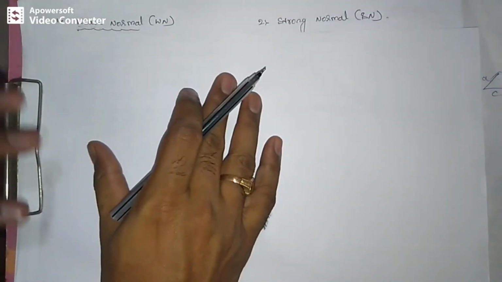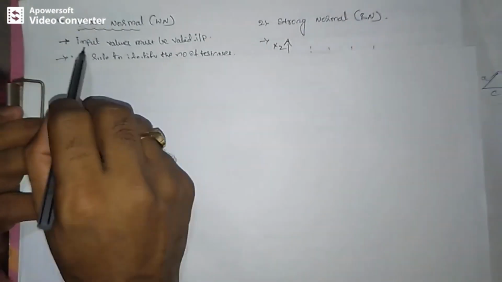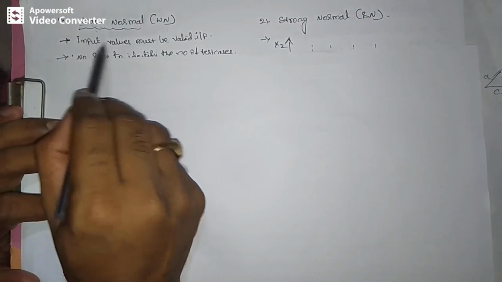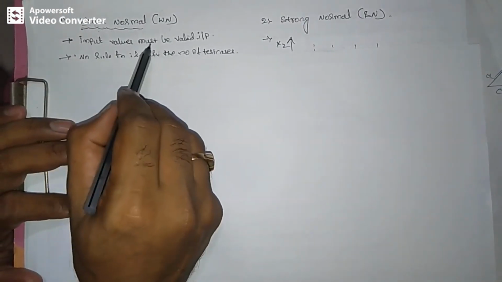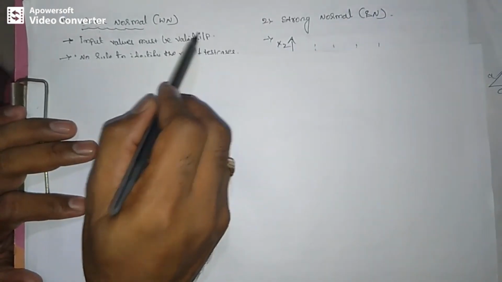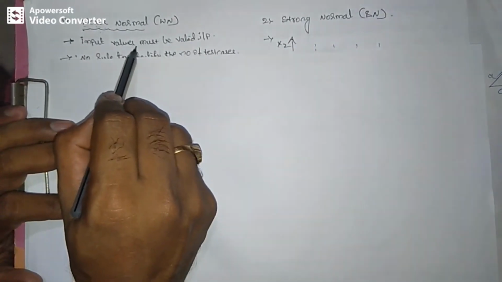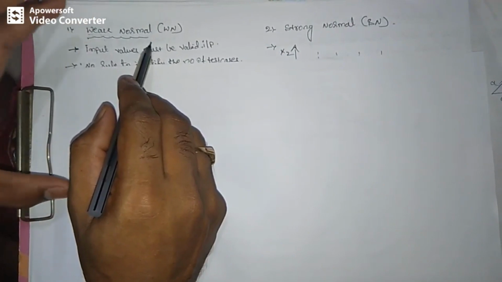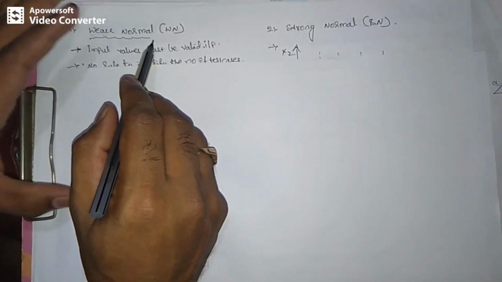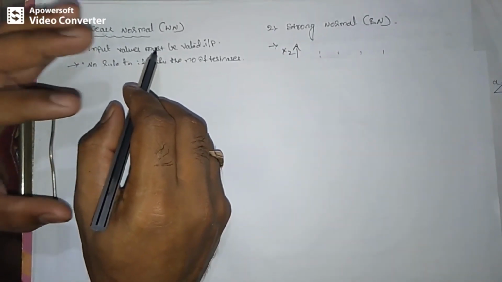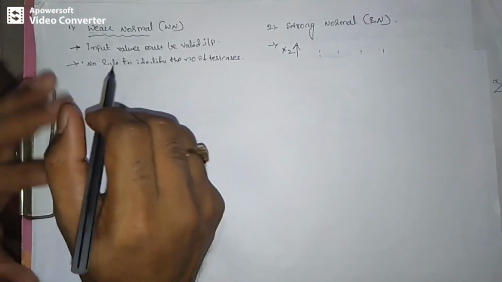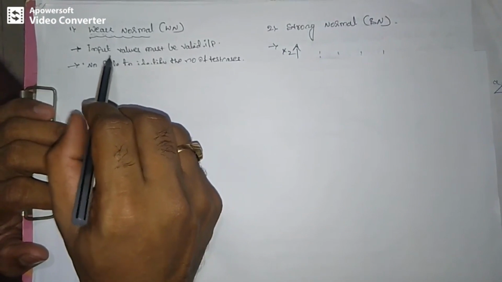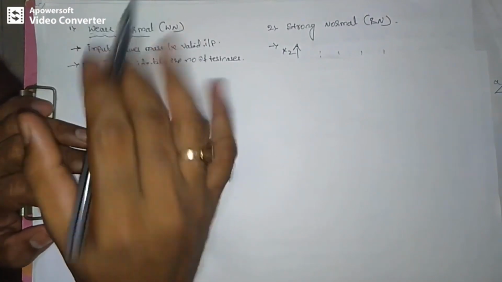Now we will go through the points one by one. First, for weak normal test cases, the input values must be valid input variables. Always we need to specify valid input variables, and in this equivalence class testing we also use an upper limit and a lower limit for the input variables. This means the input should have a boundary, only then can this equivalence class testing technique be applied.